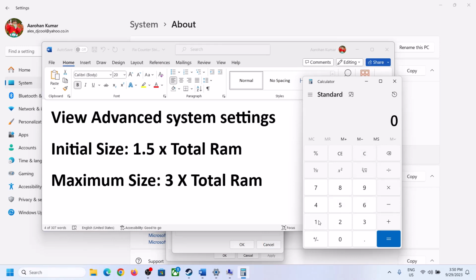So 16 into 1024, because 1 GB is equal to 1024 megabyte. So 16 GB in megabyte will be 16384 into 1.5. 1.5 into total RAM. This is my total RAM in megabyte. Now 1.5 into total RAM, that is into 1.5. So in my case initial size is